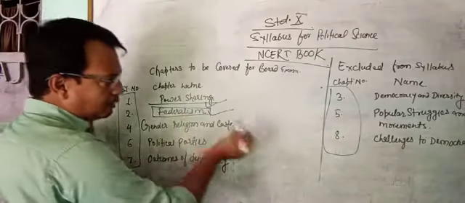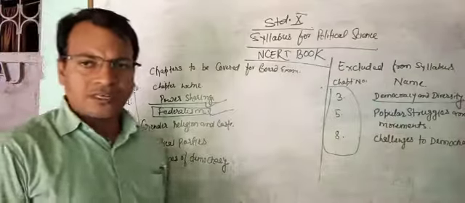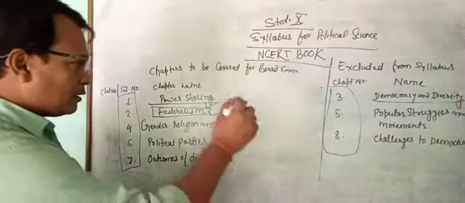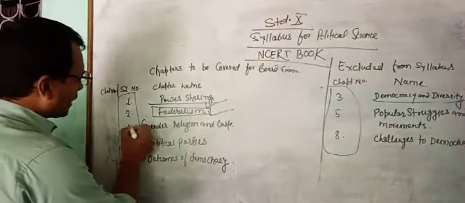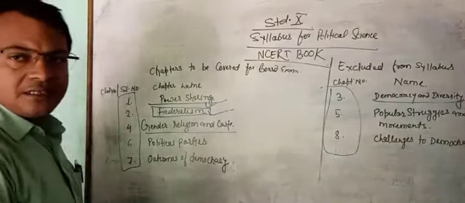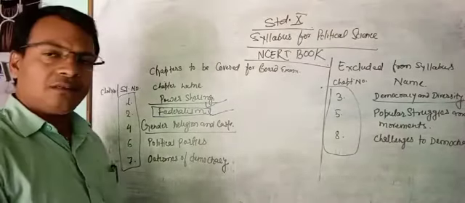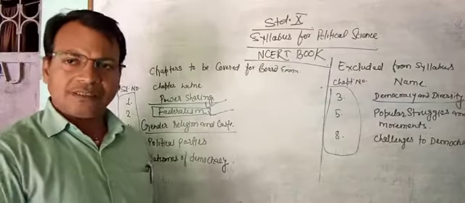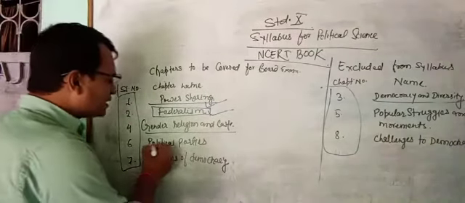Third chapter is democracy and diversity, which is excluded from your syllabus, so it does not have to be covered. Chapter number 4, gender, religion and caste. It is a very important chapter and one long question is always asked from it in different board examinations, right? Next, political parties